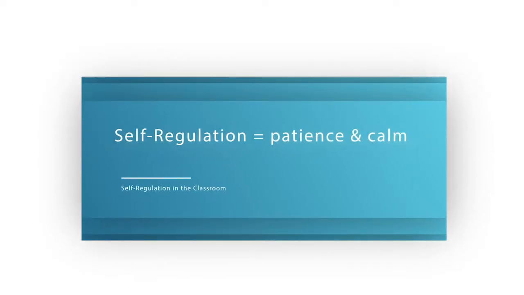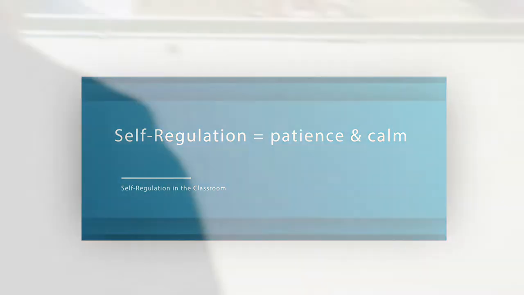Self-regulation can be summarized by two behaviors: patience and calm. The big idea is to keep things from getting worse before further help can be arranged to address the issues. In addition, remember that it's okay to tap out or have another adult take over. Arguing with students is counterproductive, and we can't take student comments or behaviors personally, even if they were meant to be. We'll work more with some challenging students in videos later in this module.